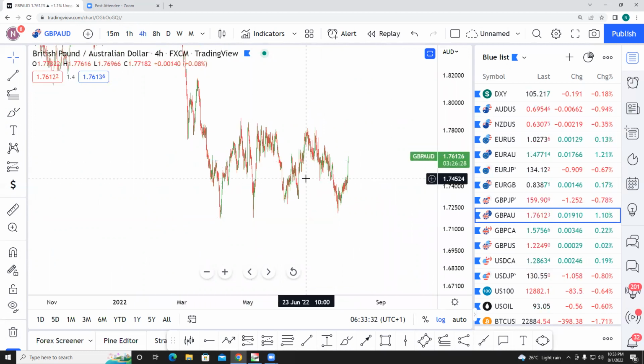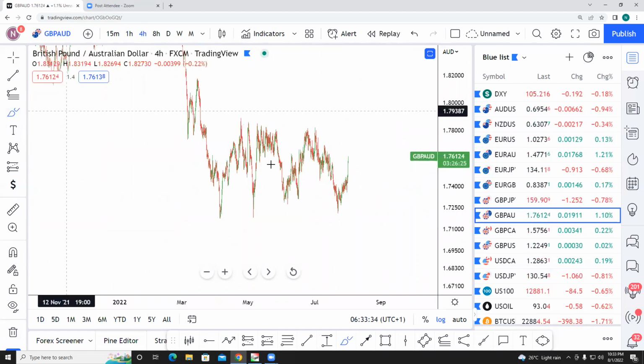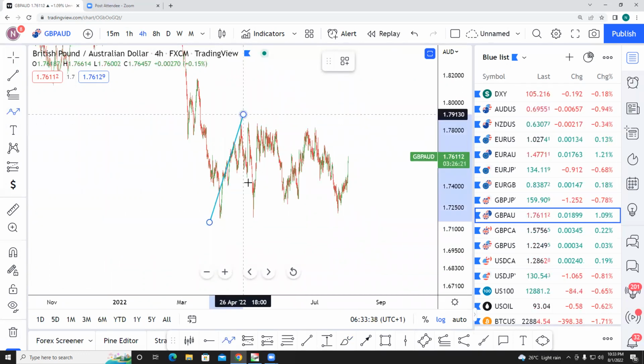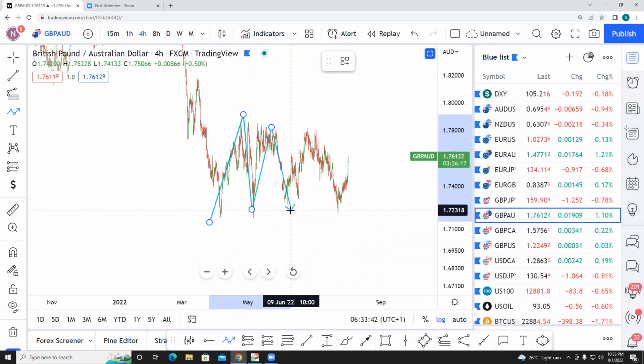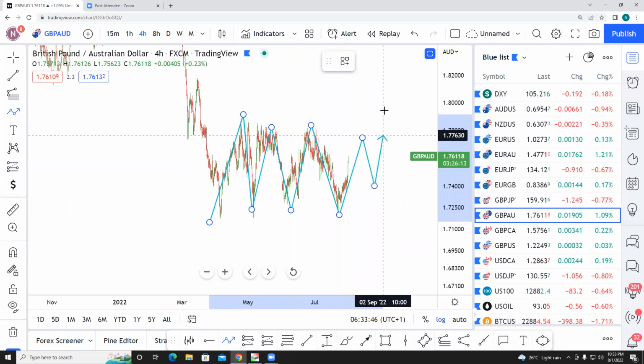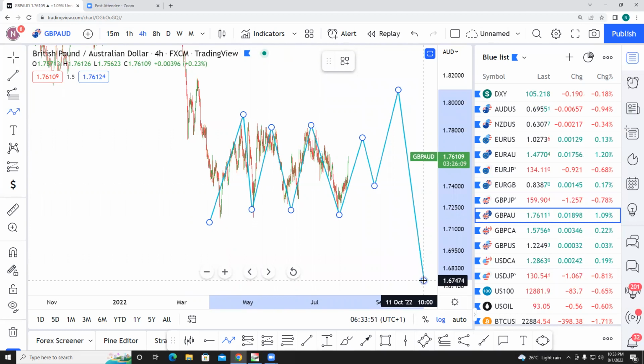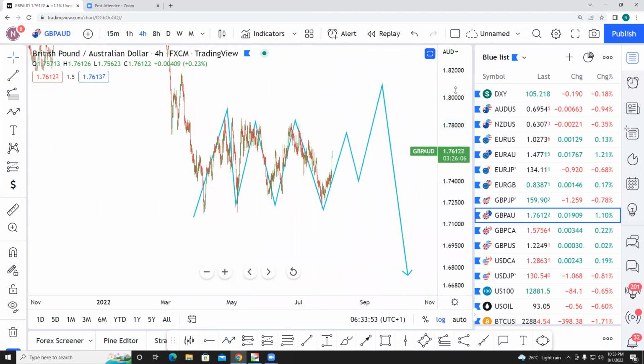Okay, this is just the beginning of the move, because what you have here is simple. You already have three waves up here. Okay, then three waves down. What are you expecting? Three waves up to break this top. Boom, and then you have a wave to the downside. Okay, what I have